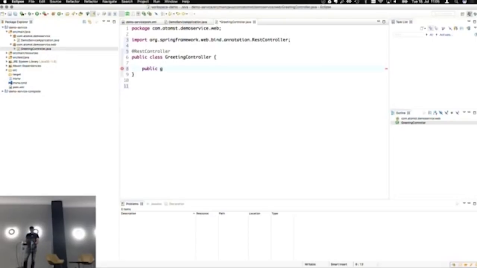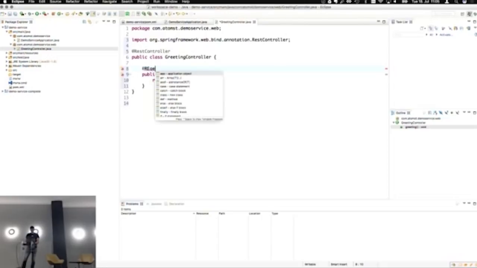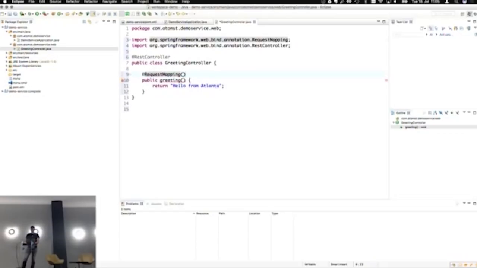Public greeting, and return hello from Atlanta. I need to define a path to this, so it's RequestMapping, and I can now specify a path, what my URL path should be.